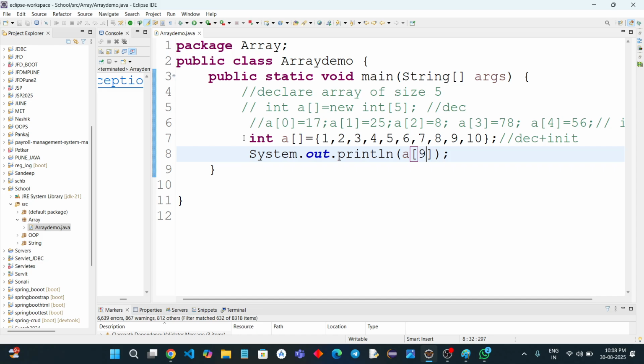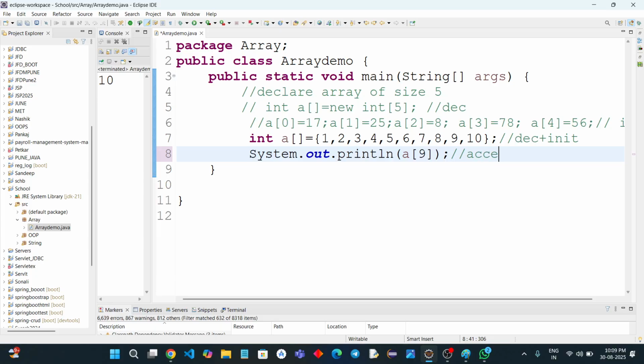How 8? If the indexing starts with 0, then 0, 1, 2, and so on. Because it has a size of 10, and 0 is the start, the last position will be 9. Okay, so we are declaring, we are initializing, and we are declaring and initializing together. We are accessing the array also,